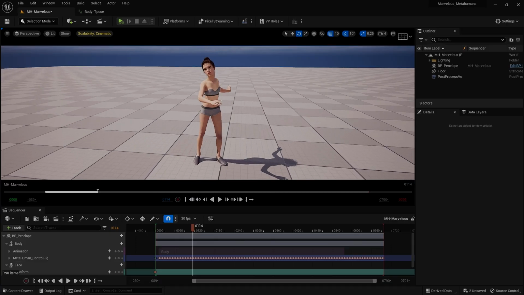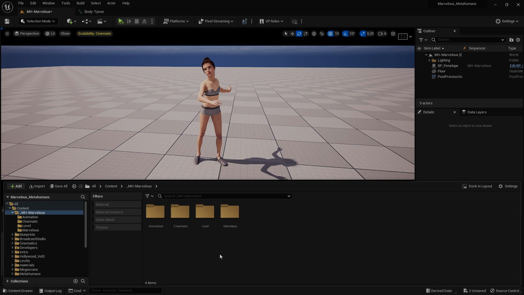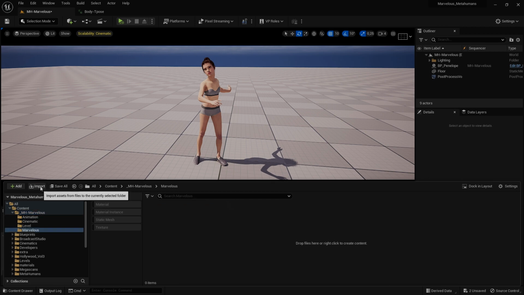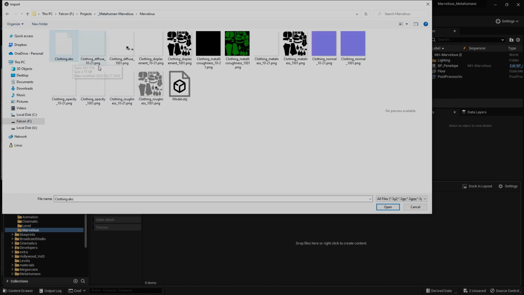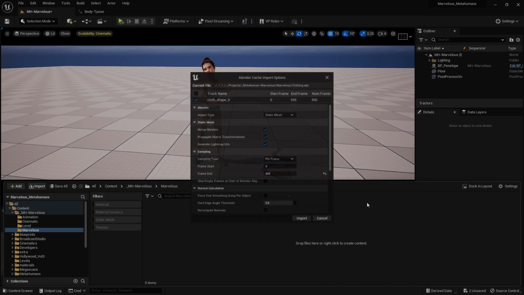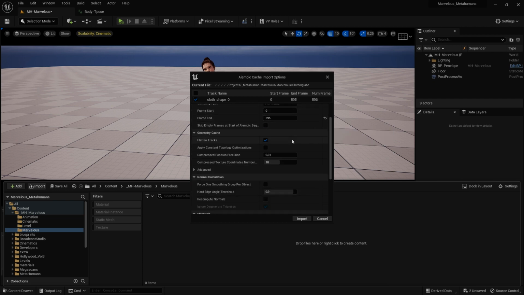Alright, back in Unreal Engine, we go to our folder, Marvelous, import, and then go to our clothing.abc, that's the Alembic, open. Okay, in Alembic, choose geometry cache, and then you'll have your frames.